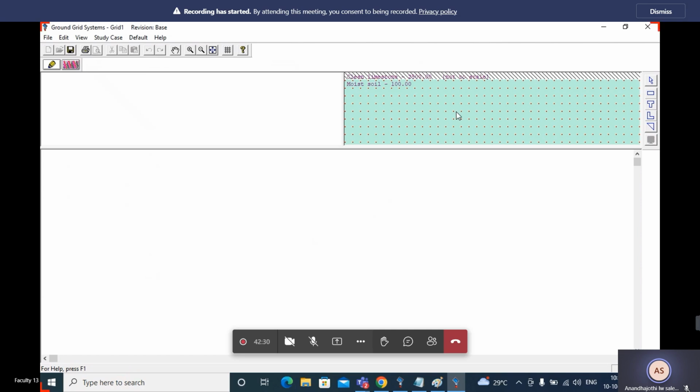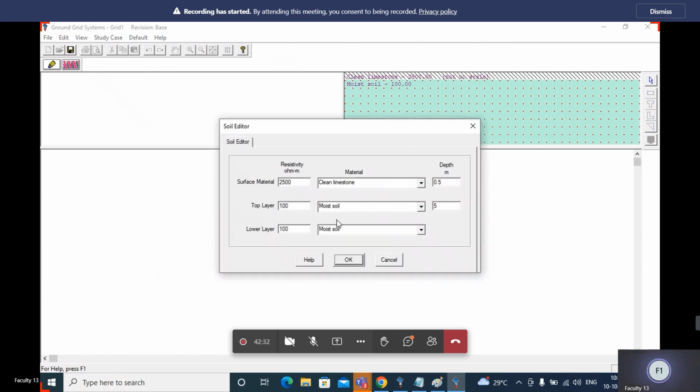Double click that soil. Can you see here? Material, top layer, lower layer. I already told you that in real time they will place coal, soil, salt and then water like that. So which type of soil you are going to use, and in which places you are going to assign the soil, we need to assign here.